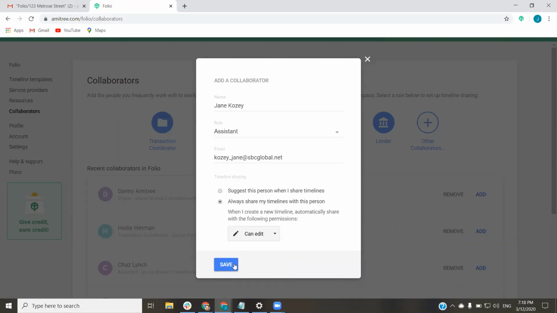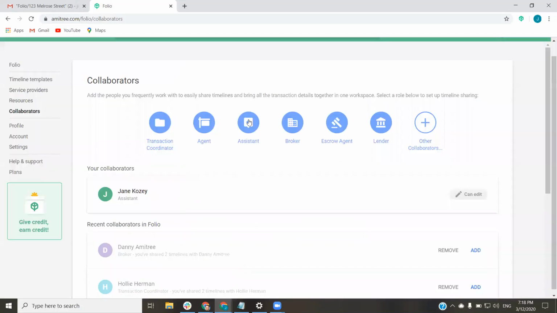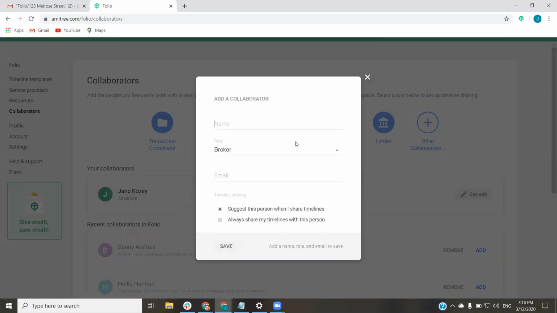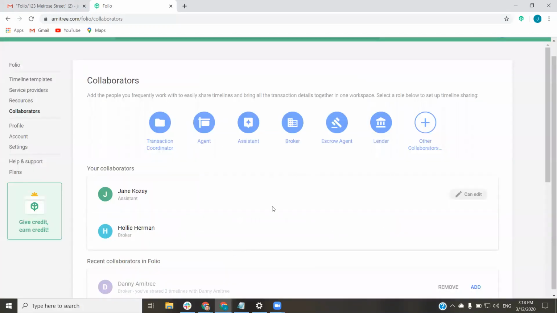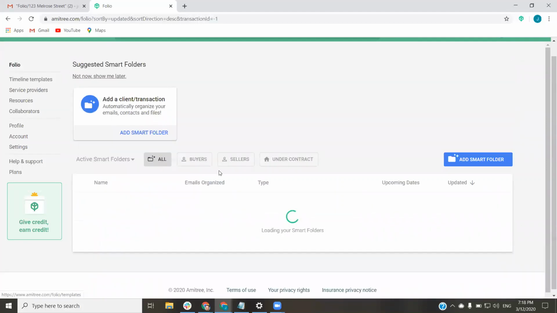And so we can set up Jane to always receive edit permissions, and we can say that another person, maybe this broker, let's use Holly as the broker, will say suggest this person when I share the timelines. And this allows you to create timelines a little bit more effectively. You'll see now, once I've saved that,